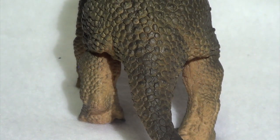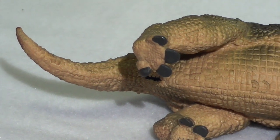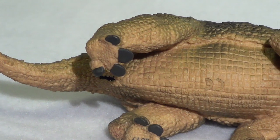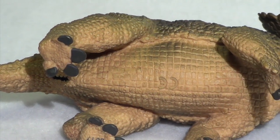That's beautiful, how incredibly lifelike the calves are, and how they paid attention to how the muscles would contract and pull in the walking position that they're in. They even sculpted the ankle and the soles of the feet, which is beautiful. The underbelly features all of the details, Safari Limited 2018, all that good stuff, plus a cloaca, which is always a lovely detail to see on dinosaur figures. And it even has